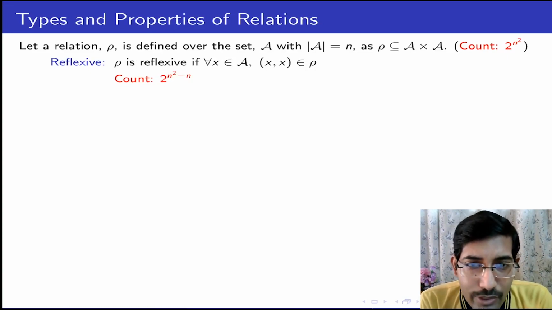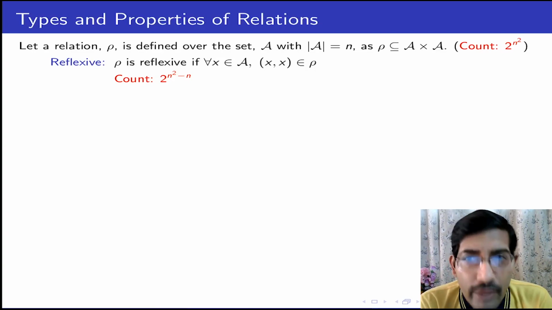So I give you a number. Now, if you think carefully, a relation is basically any subset of A cross A. It could be of 3 members, it could be of 4 pairs, it could be of 5 pairs, it could be of any number of pairs. So there are n square pairs, I could have nothing, or I could have all n square pairs.